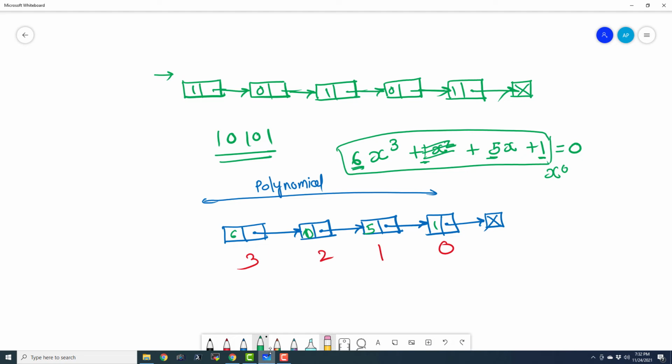Now if you have two linked lists, then you can simply go ahead and add the nodes in those linked lists, and you will have the addition of two polynomials. Okay, so suppose you have a third degree polynomial like this, you can just go ahead and add these two things, okay? And then store the result in a third linked list, and the third linked list will represent the polynomial that is the summation of the two polynomials. So this is how we can use a singly linked list.